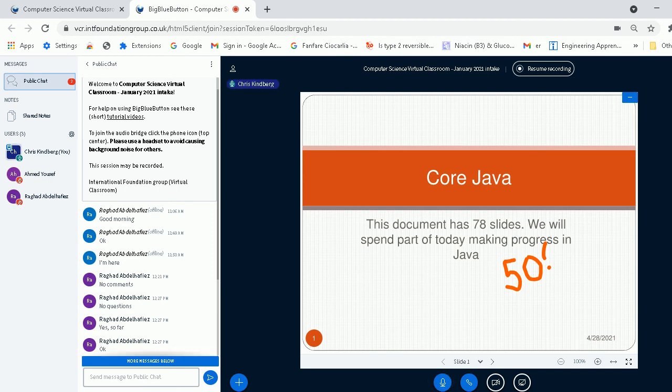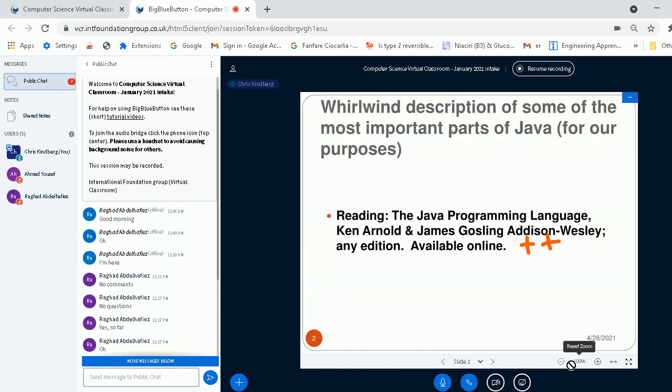Thank you, Ragad. You gave me confidence that it was actually there and it was under a button. So I spent part of the day making a little more progress in understanding the Java programming language. What I really want to do is review some of the ideas that we've looked at already. You can think of this partly as revision of what we've actually done.